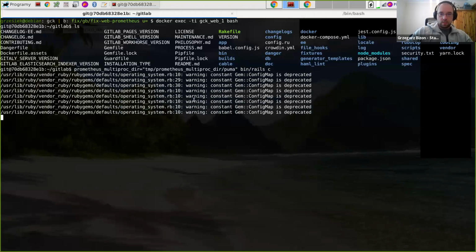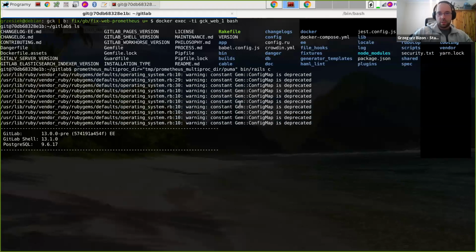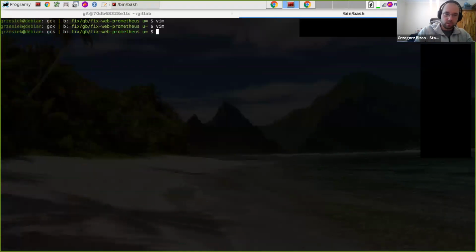And yeah, these are deprecation messages, don't pay attention to them. Again, it takes a couple of seconds for GitLab to load, so we will need to wait. But in the meantime, let's close this and let me show you that we do have the metrics. So HTTP get localhost 300